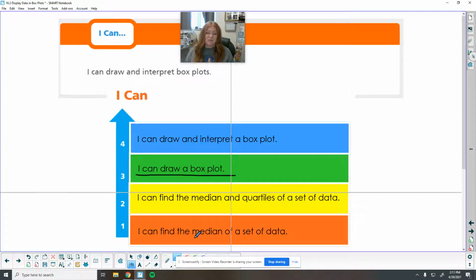And if you can just find the median, that's the 1. And I think we can all do that. We can put the numbers in order, find the middle. So we're all here. So we're going to work on finding these quartiles today and then putting them into a